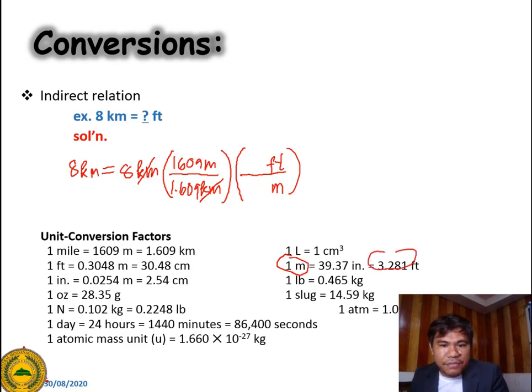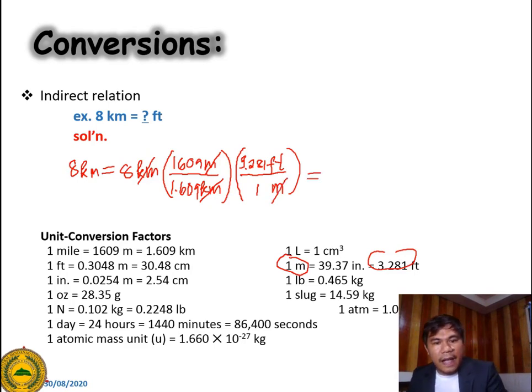So I have 1 meter is equal to 3.281 feet. So again, this is 3.281 feet. So now I can cancel out the meter at the numerator and cancel the denominator here, and that reduces